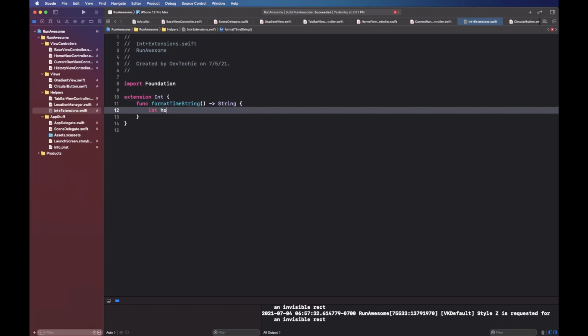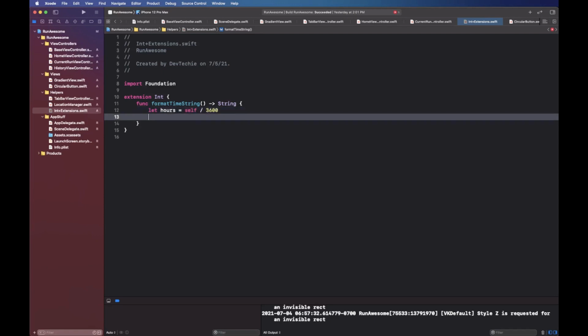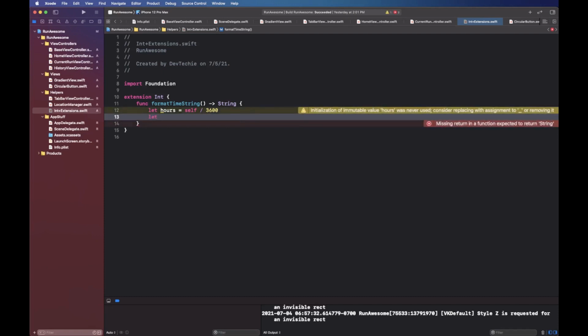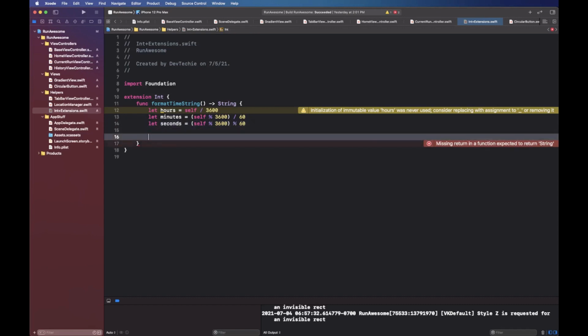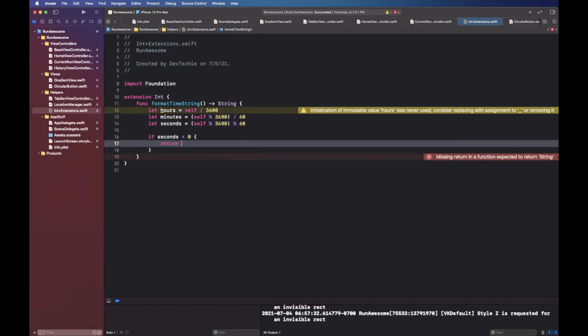Okay, so we're going to first compute hours in the time, so we're going to say self divided by 3600, which is 60 times 60, to get the number of hours so far in the time elapsed. Then we're going to have minutes. Minutes we can get by self modded with 3600, and whatever the remainder is, divide by 60 will get us the minutes. Okay, and then you have seconds, which is once again self mod 3600, and we're going to mod this by 60, and this is going to give us the remaining time, which is seconds. So if seconds is less than 0, in that case we're going to simply return